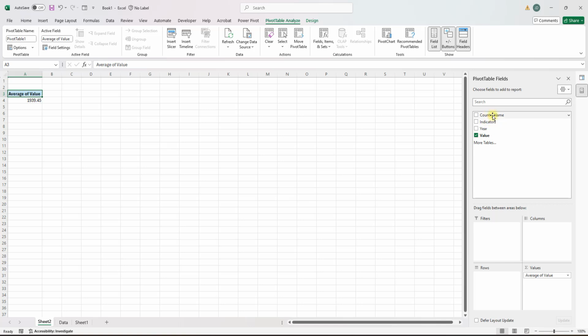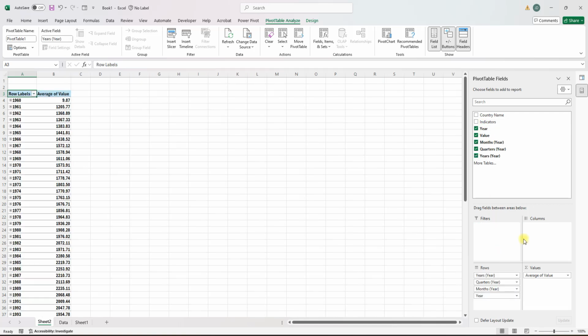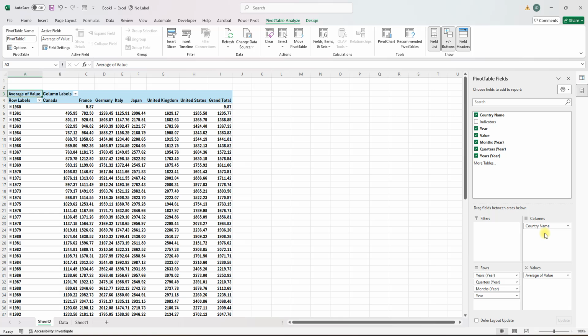Now I want to take the indicators. Well, I'll take year and put it where we have rows, and then I will take country, put it where we have columns, click in here,